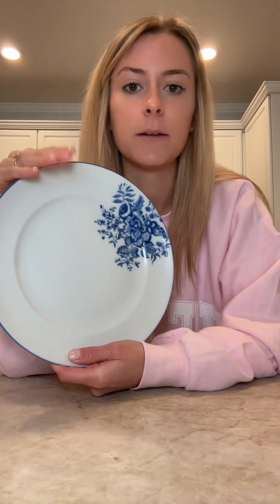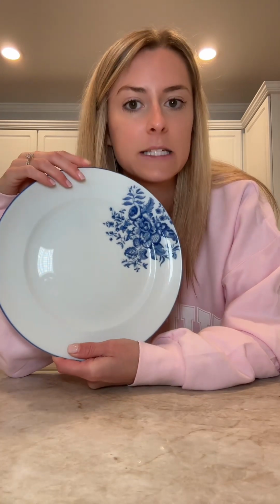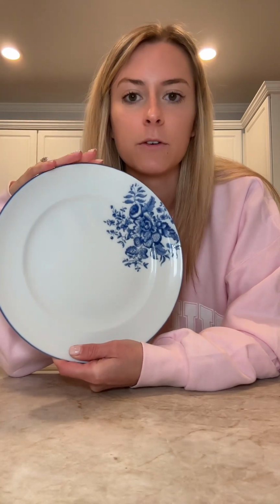china. So we added these everyday china plates. We did dinner plates and then a salad/dessert plate. And we didn't do bowls or coffee cups or a lot of the extra items that you can have with a china set. We just did dinner and salad plates, which I think is a good compromise so that we can have some nice serving items if we want to have a dinner party or just have a holiday or something in the future. We have some nice plates, but we don't have all the cups or the things that take up all the space in the cupboard, and these can go in the dishwasher, which means I'm way more likely to use them